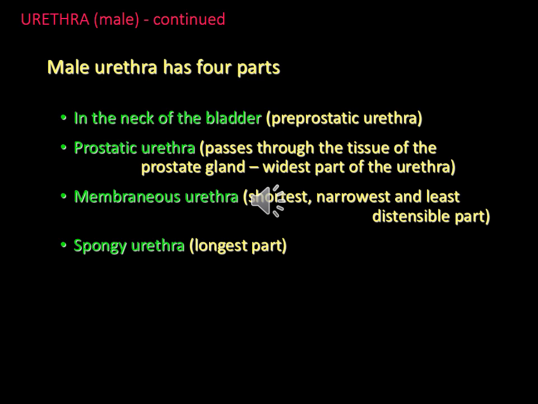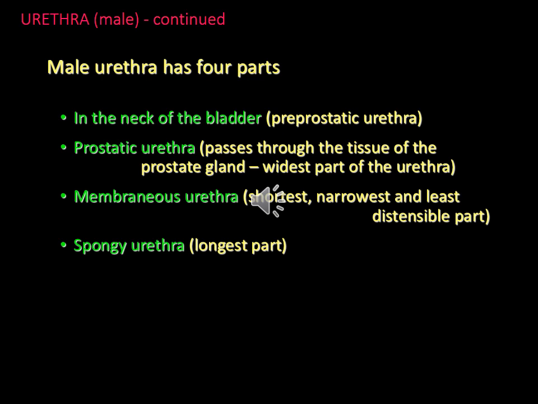The prostatic urethra is homologous with the female urethra. So it is also 3.8 to 4 centimeters in length. Developmentally also it's the same, and it will pass through the prostate gland, and it's also the widest part of the male urethra. It is easily dilatable,